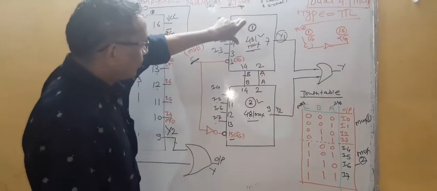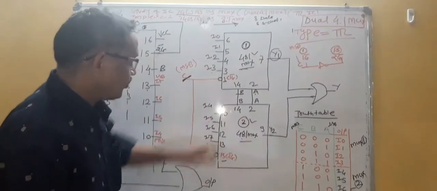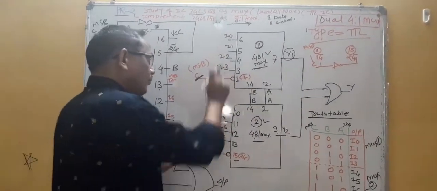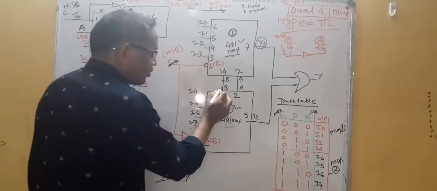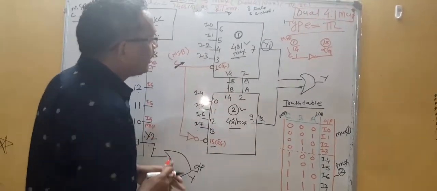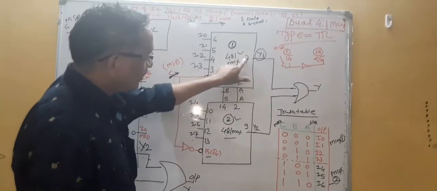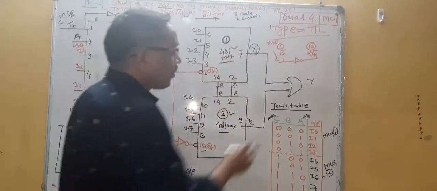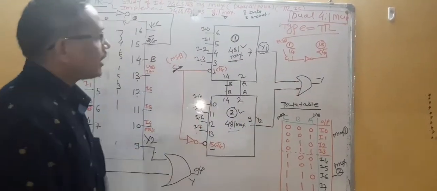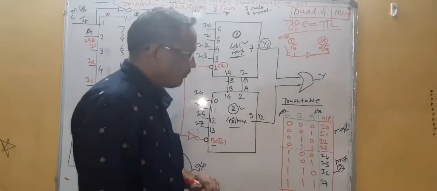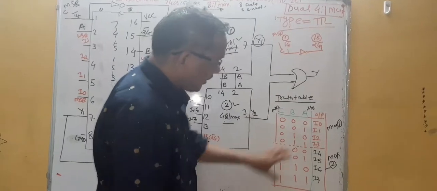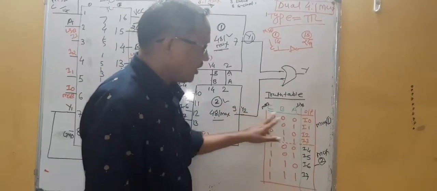So this is a total of 4 data inputs, then 4 plus 4, total 8. Then it requires 3 select inputs: this is C, this is B, this is A. Then from Y1 and Y2, that is from pin number 7 and pin number 9, I will connect one OR gate. Now we will discuss how this circuit works. Look here, this is a truth table, because for implementation of an 8:1 multiplexer, there are 8 data inputs and 3 select inputs.